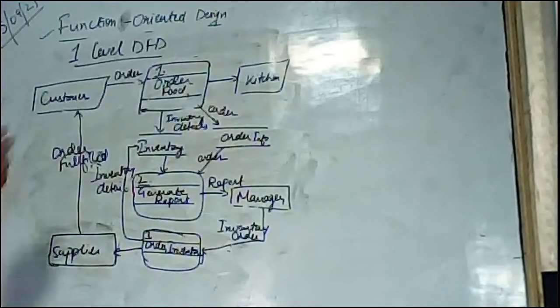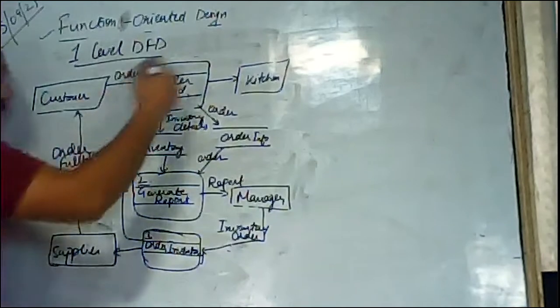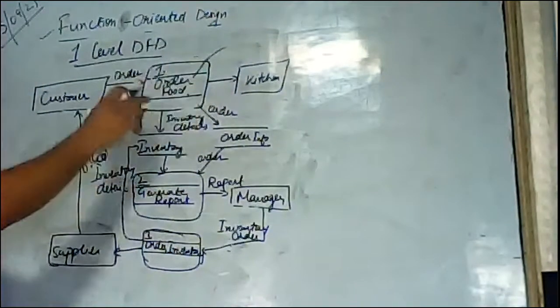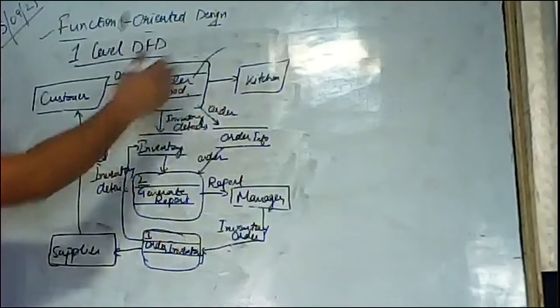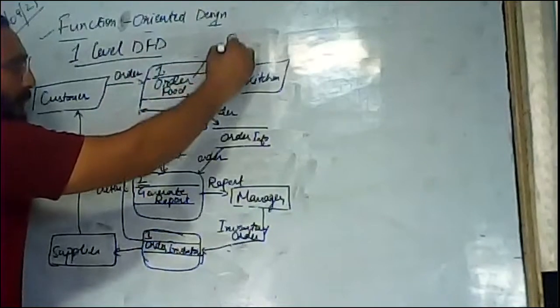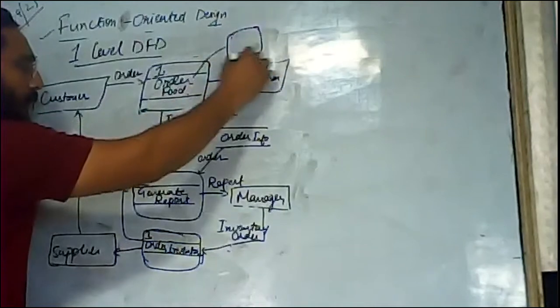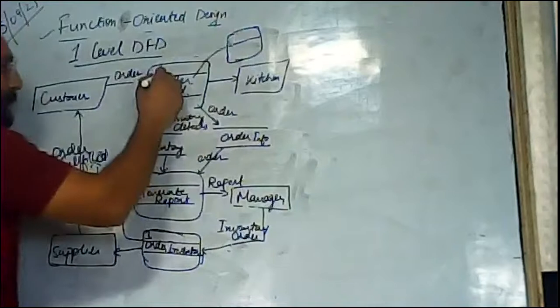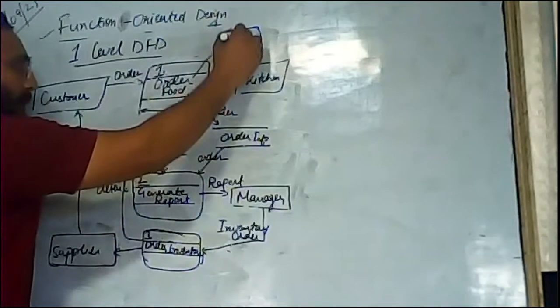Then after that, if your project is too lengthy, we will also draw level 2 and level 3 DFD, and in that we will also go for sub processes. In your main process, what are the further sub processes in that? We will draw each and every one and also label them. If this is one, the next process is 1.1.